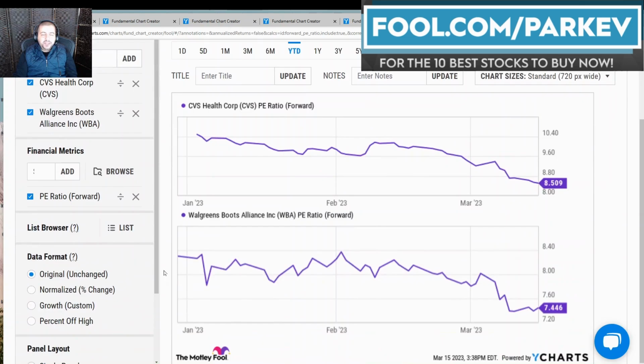Finally, I wanted to look at their valuations to determine which one would be the best stock to buy, and they're trading at a similar inexpensive forward price to earnings ratio of 8.5 for CVS and 7.4 for Walgreens. However, if I had to pick one of these two stocks to buy,